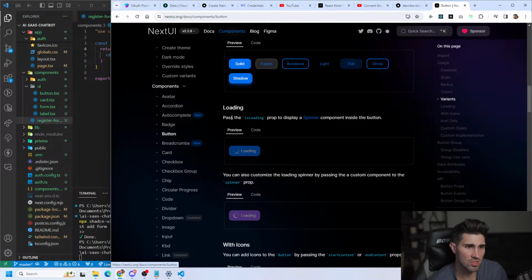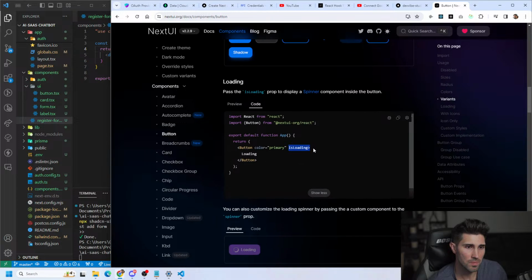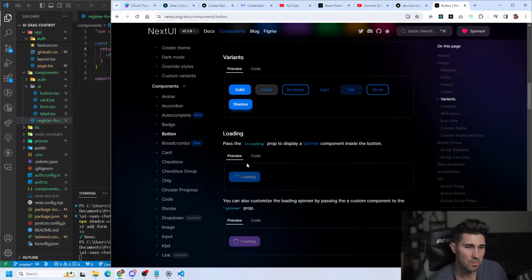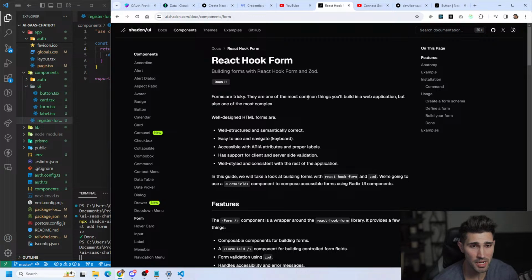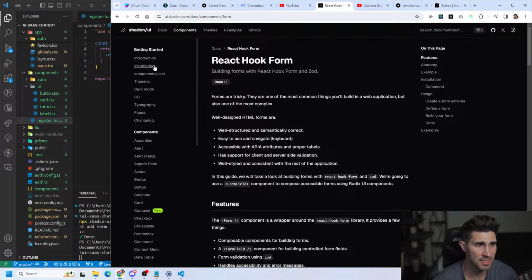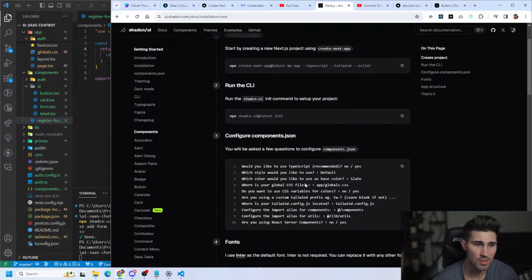It looks solid. Like there's nothing past that, it has a loading prop to display a spinner component inside the button. It doesn't look horrible. But I guess, since they're very similar and I'm already using ShadCN, I'm going to do that. If you've never used ShadCN, all you've got to do is go to installation, Next.js, run the CLI. If you haven't already created your Next project, run the CLI,